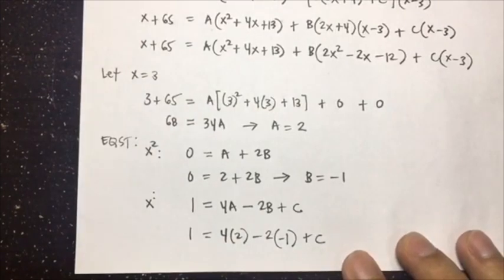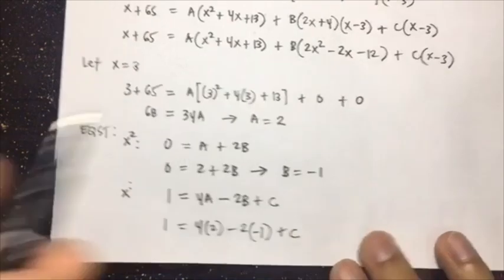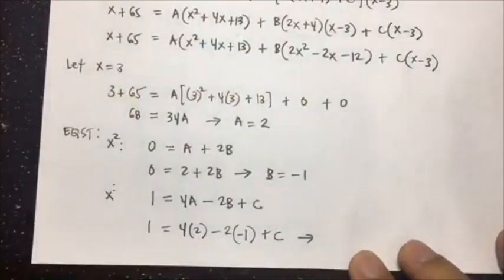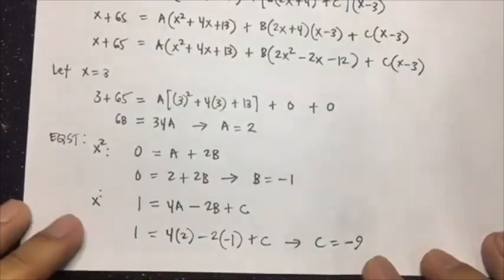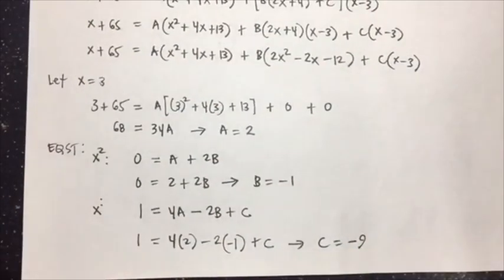So it will become 8 plus 2, that is 10, transposing on the other side, so we will have c is equal to negative 9. Okay, so therefore, rewriting our integrand,